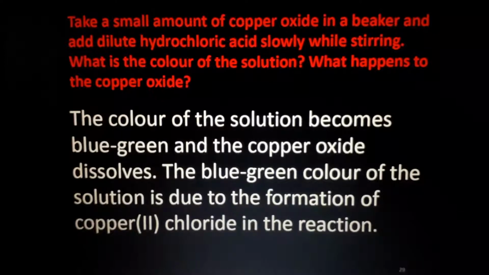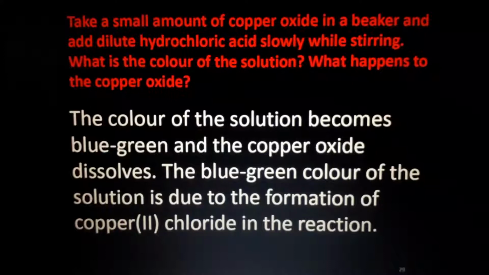You know that pure copper will react with atmospheric moisture or water to give copper oxide. How to reverse this reaction? We can add some acid to it. If we add acid to copper oxide, the solution will become bluish green, and the copper oxide will dissolve in the hydrochloric acid. Whichever acid we take, it will dissolve in it.